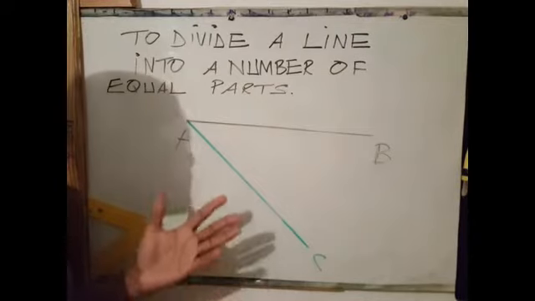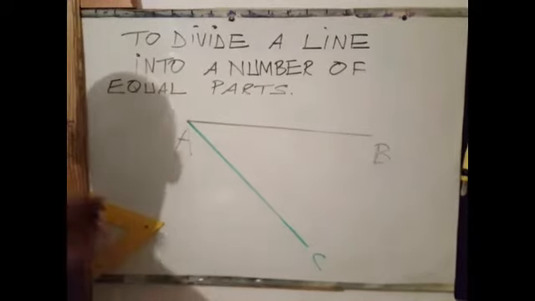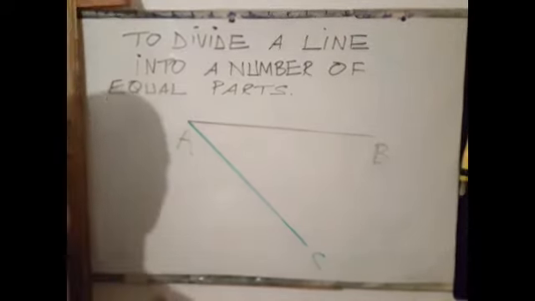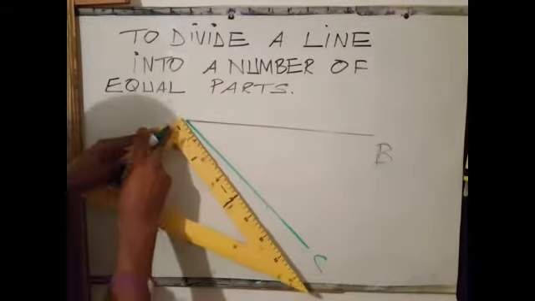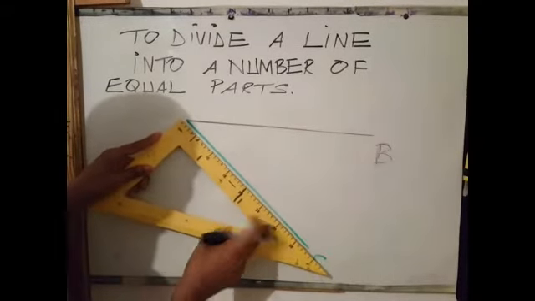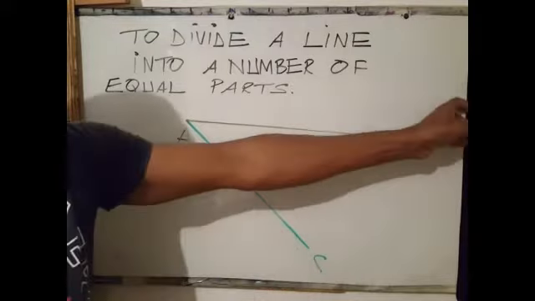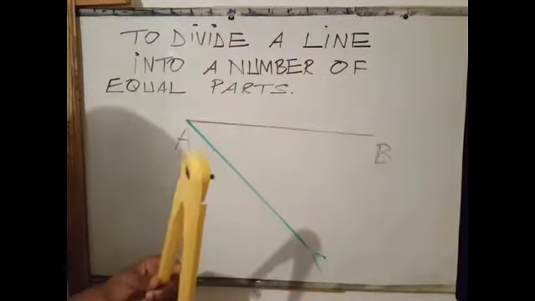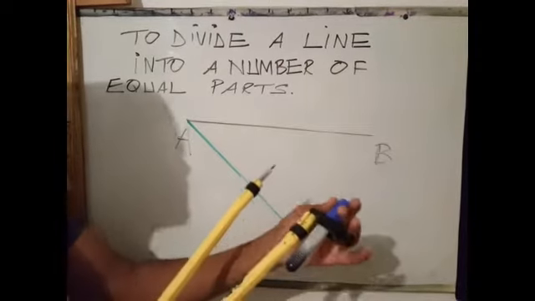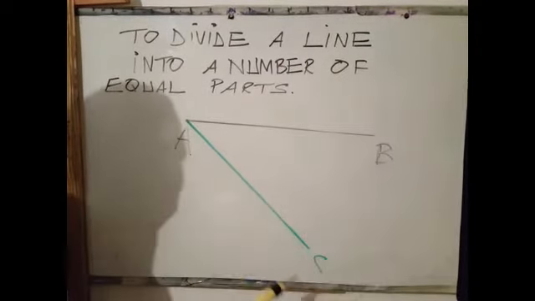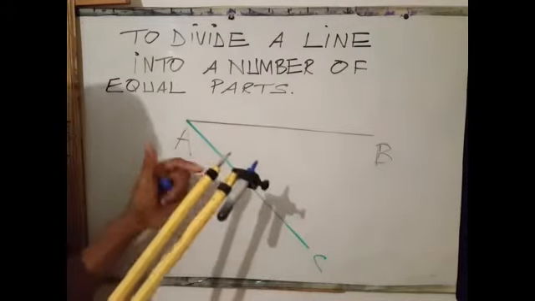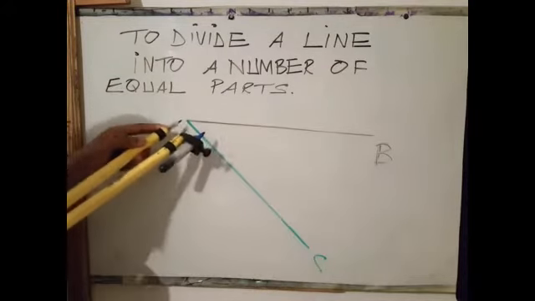You may use one of 2 choices. You may use a ruler to measure and mark your 5 equal parts, or you may choose to use a compass to mark 5 equal parts. Either case, it works. I like to use my compass. I think it's much faster. So first, I will open my compass to a suitable radius. Then I will go